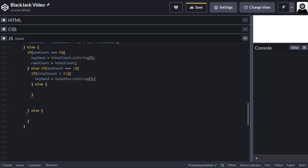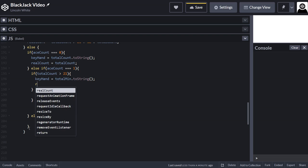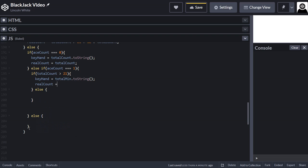To string. Okay? And real count equal total min. Else, if it's not, another thing as well, I should have put this one in first, and then it would have made more sense. But obviously I'll talk about it now. Anyway,